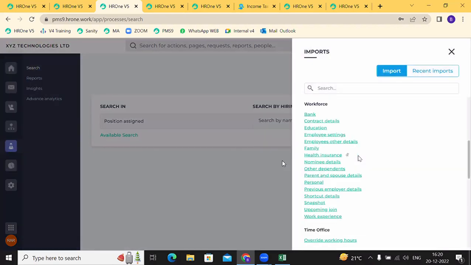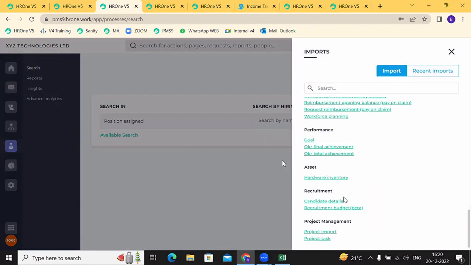Imports के अंदर आपके दो ही चीजें हैं, एक तो बजट था आपके पास और एक कैंडिडेट डिटेल्स अगर आपको बल्क में करना है. This Excel is there. Okay,